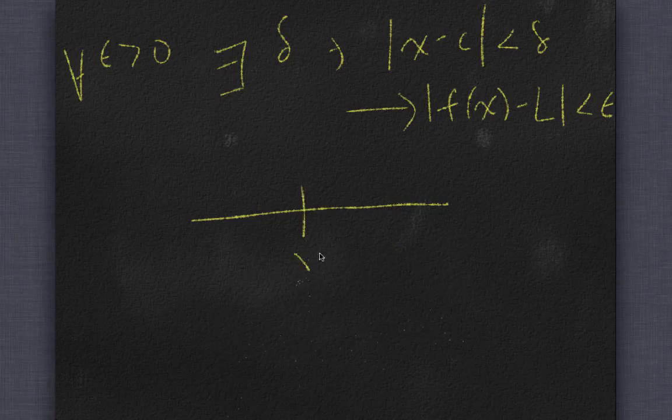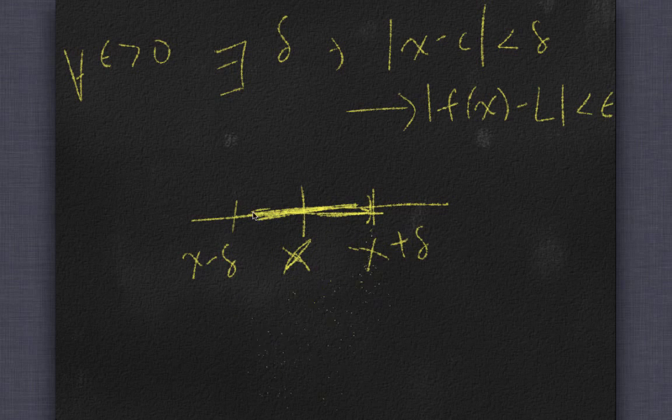So here's x. If this is x plus delta, then that's x minus delta. Basically we're saying if x is in here, so I'm not even going to draw a graph with a function on it now, I'm just restricting my view here to the x's. So it says if x is in this interval, then something is true. So for our statement to be factual, we know it works in here for every x in here,